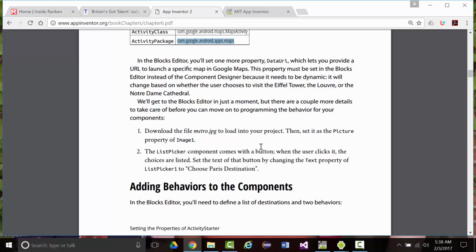Notice it's not URL, it's URI. URI is a uniform resource indicator. It's kind of a superset of which a URL is a subset. The URI, as mentioned there, allows you to provide a URL to launch a specific map in Google Maps. The property must be set in the blocks editor because it needs to be dynamic. It'll change based on one of three values that we're going to put in: the Eiffel Tower, the Louvre, or